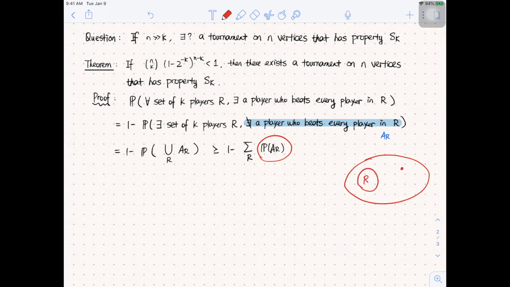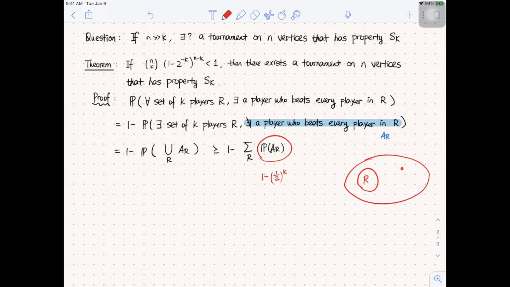Now let's consider just one player outside of the subset R. For this one particular player, the probability that he does not beat all of them is exactly 1 minus the probability that he beats every single one of them. And the probability that he beats everybody here is 1 over 2